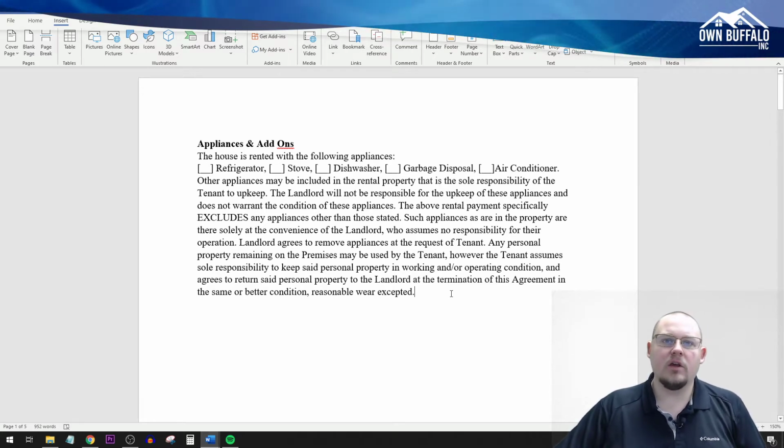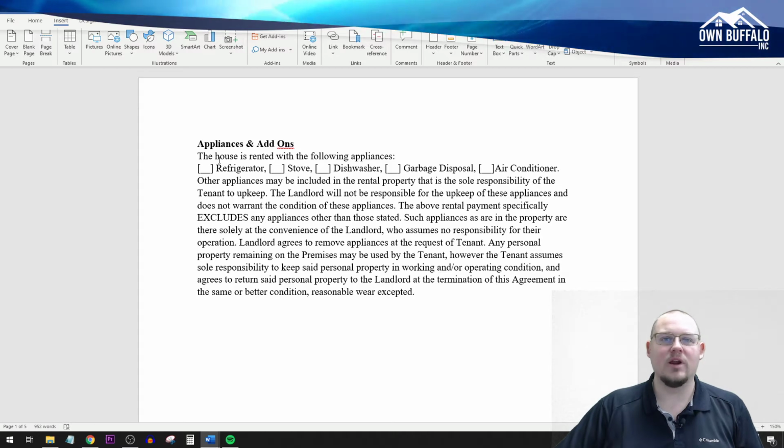First one we're going to talk about is appliances and add-ons. This is one that seems to be overlooked in a lot of the generic leases out there. What appliances are included with the home, what appliances are not included with the home, things of that nature. It should be pretty straightforward to say if you have a refrigerator in the apartment when you show it, that person's probably going to expect a refrigerator to be there when they rent it, the same refrigerator that they saw